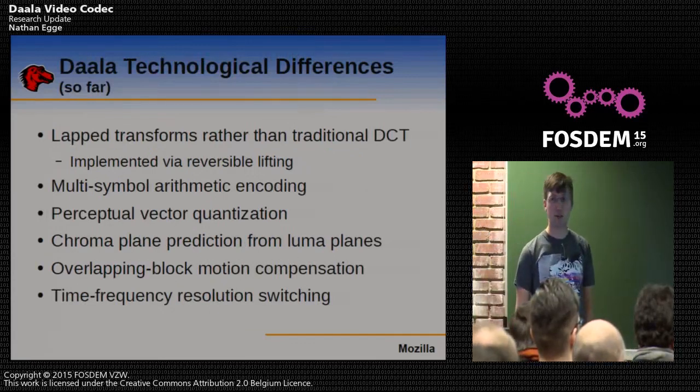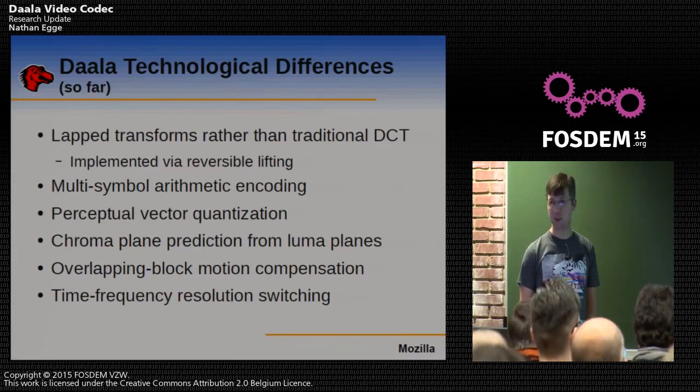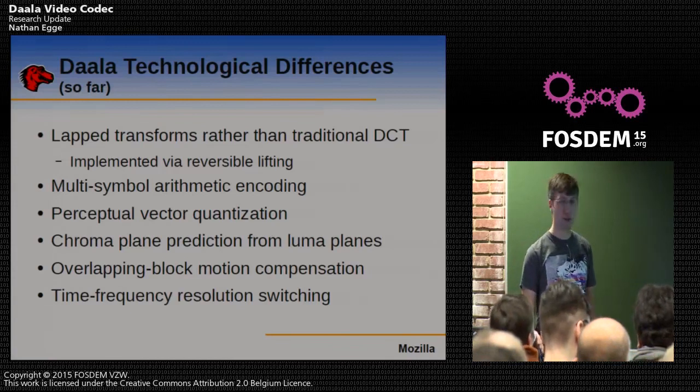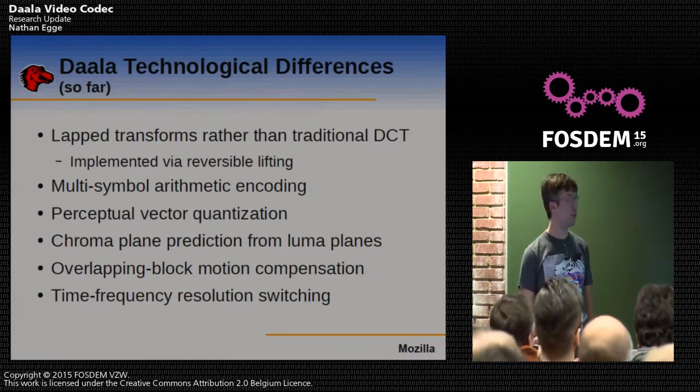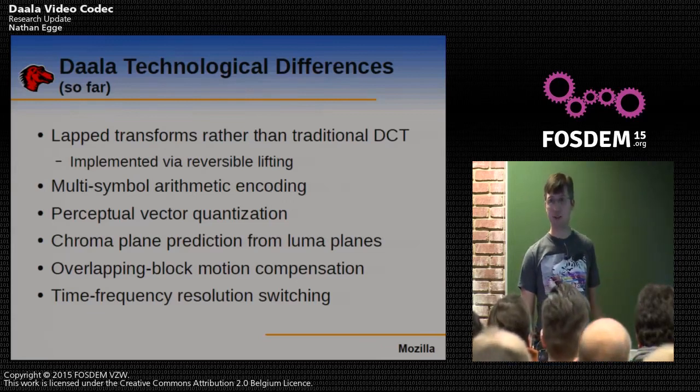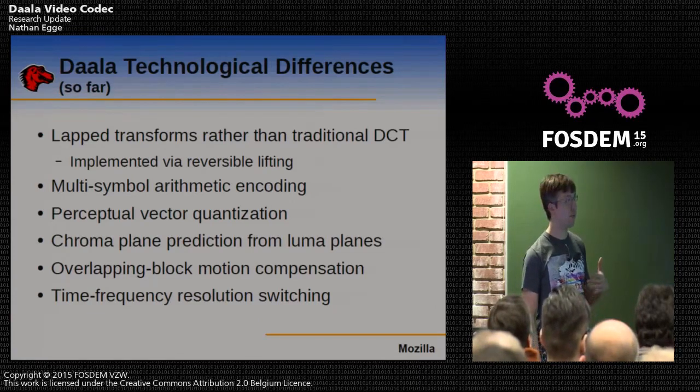Instead of doing just a DCT, we apply a lapped transform, which is technology that was around about 20 years ago, in the early 90s, that was abandoned because of the computational costs. And now that we've got faster computers, this is something that is tractable. It also requires us to go through and do a bunch of other new techniques because none of the intra-prediction and inter-prediction work with lapped transforms exactly the same way. And we've had to then innovate in that area.